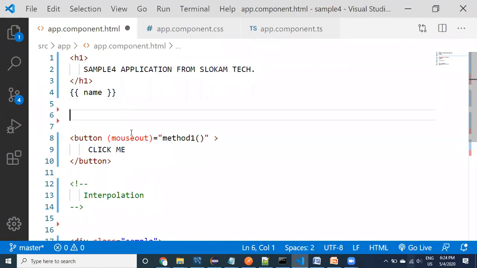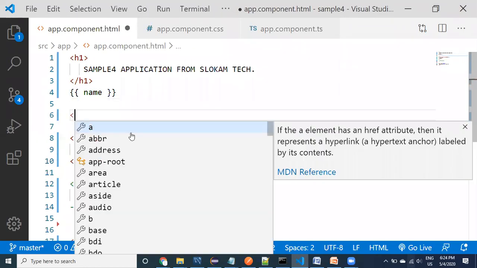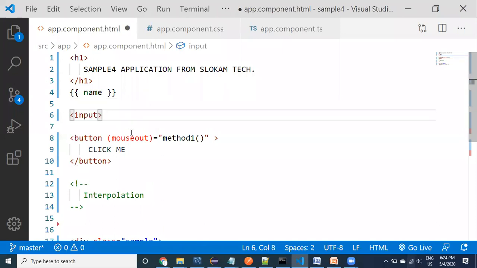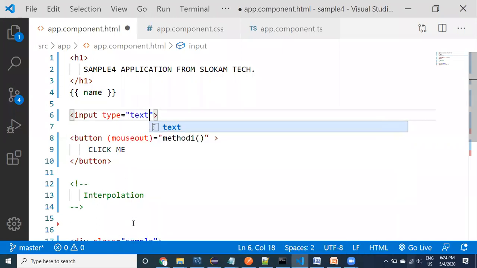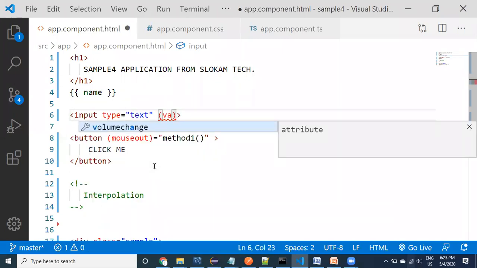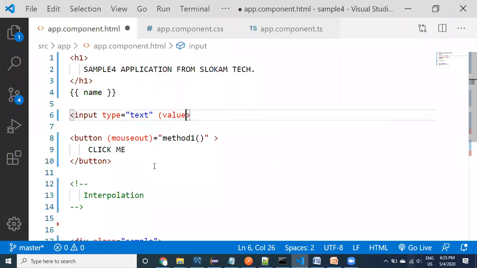One more thing I would like to show you. Now input type equal to text. You can provide value equal to, see here guys, what is this?